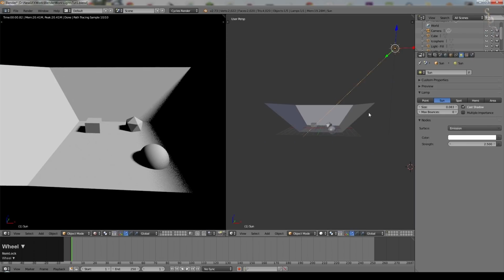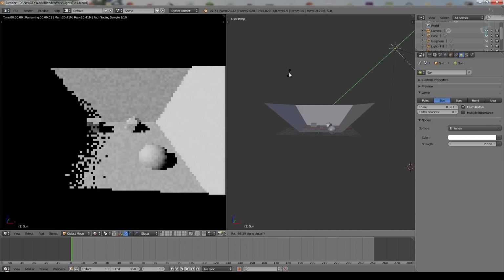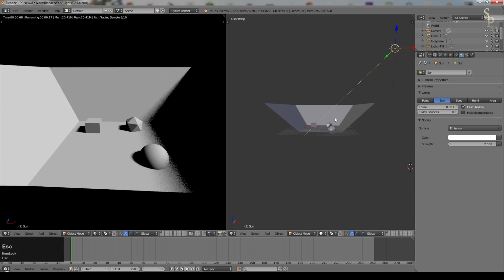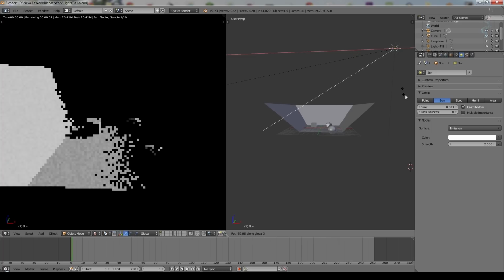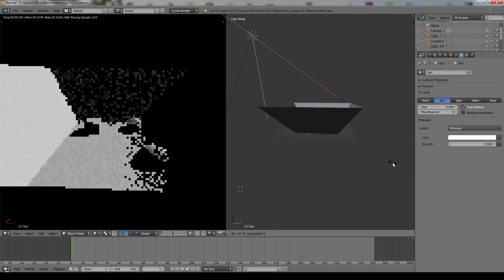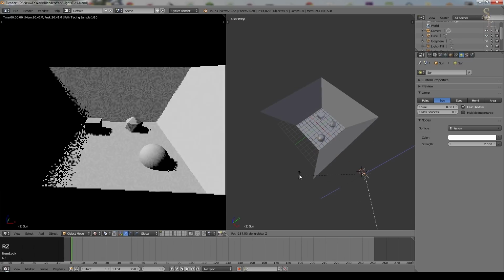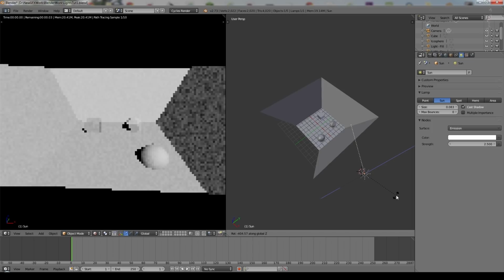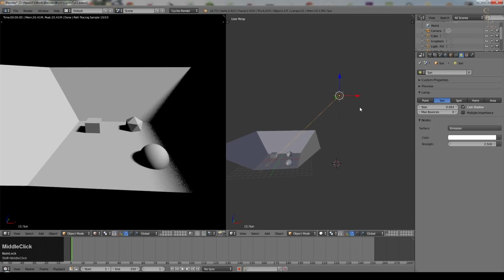And now, of course, if I rotate on the Y, you can see the sun is coming from the other side now. Or I rotate on the X, and now it's coming from the back. Or if I rotate the other way, it's coming more from the front. So it depends on obviously all the different values. And we can do the same by just rotating it on Z, which is generally what I do with the sun lamp.